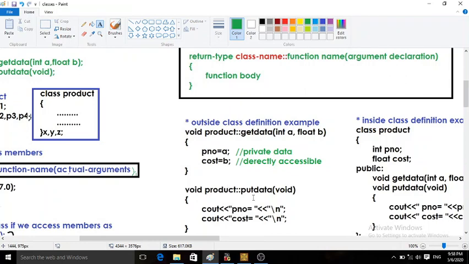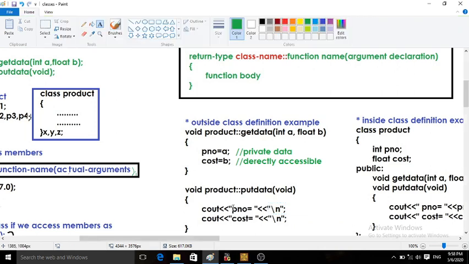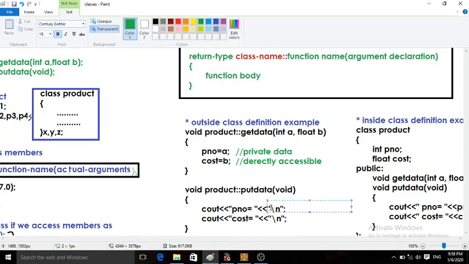And for putdata, I want to display the input data, the value of pno and the value of product cost.